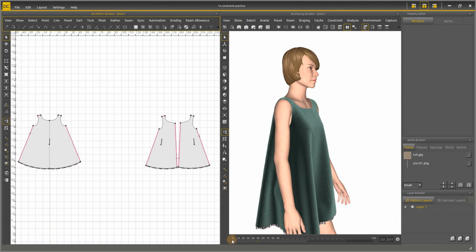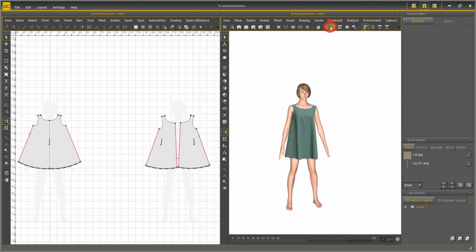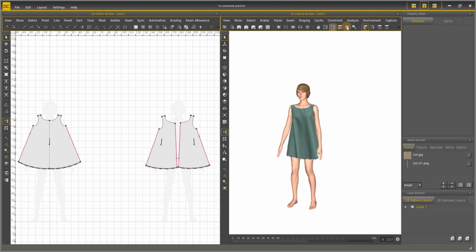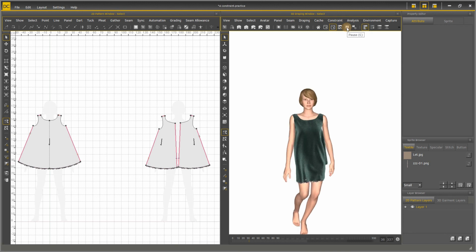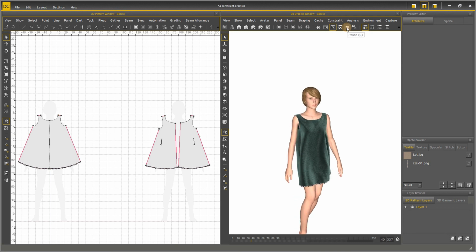Let's go back to the first frame and click Dynamic Play. This time, the garment will not fall from the shoulder.